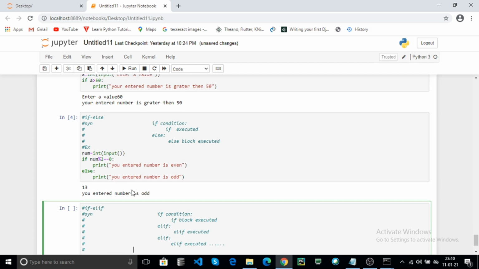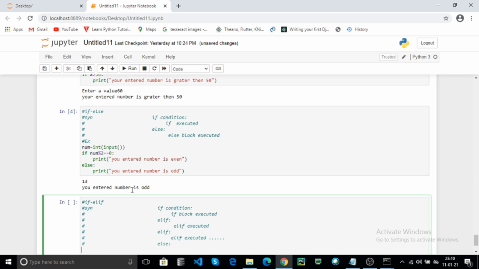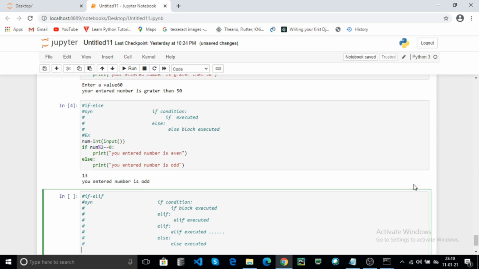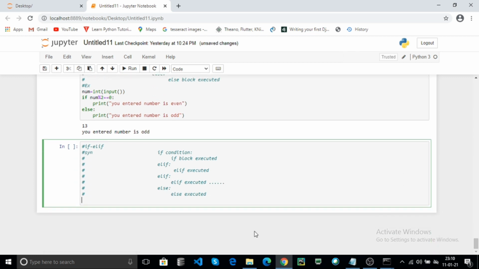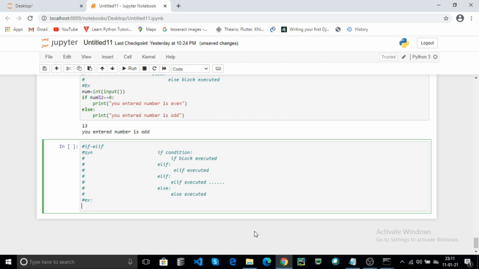Now if all the if and elif conditions fail, finally the else block is executed. Now see one example. Enter one number in a dynamic way.